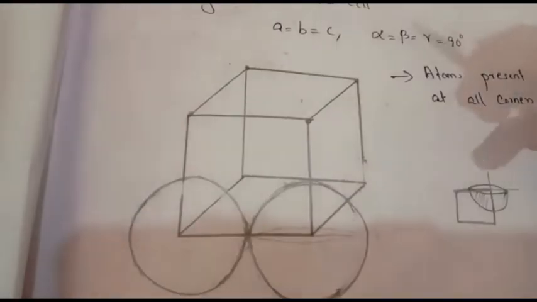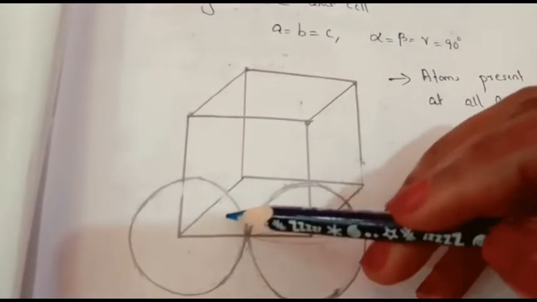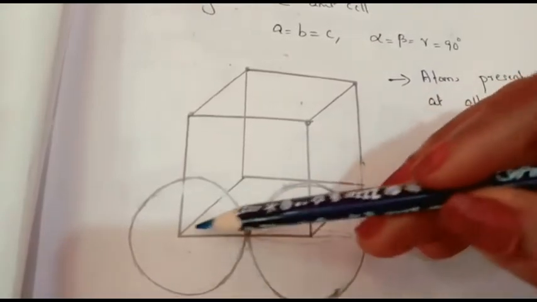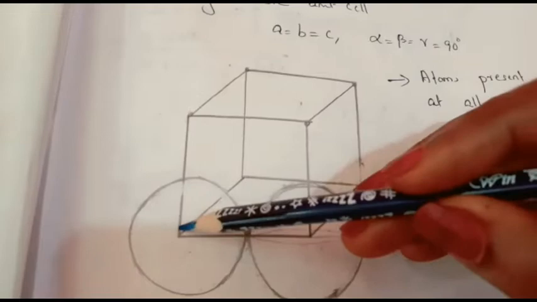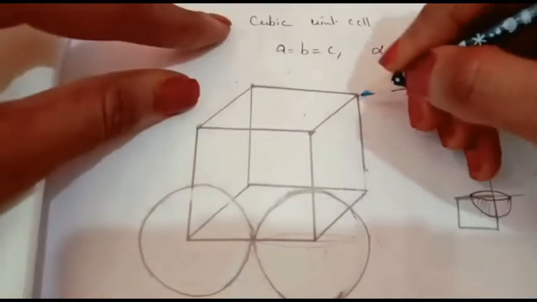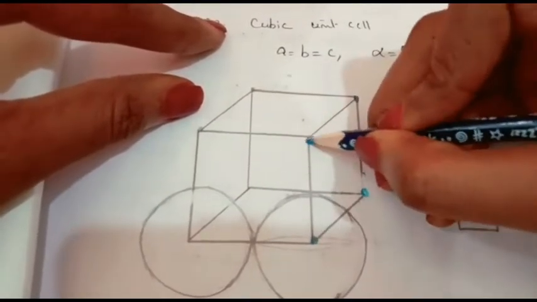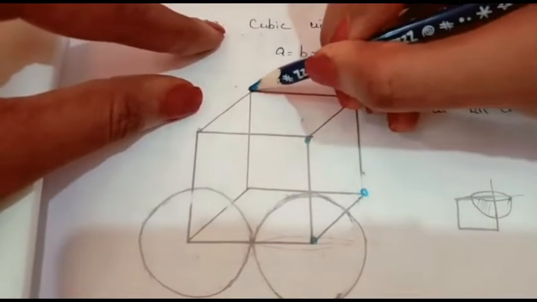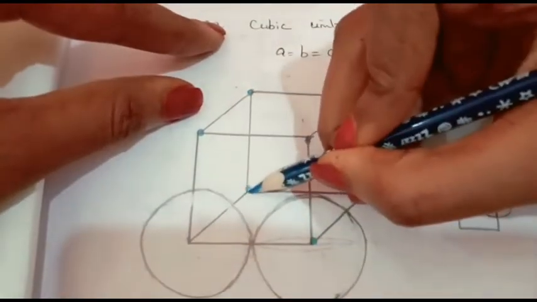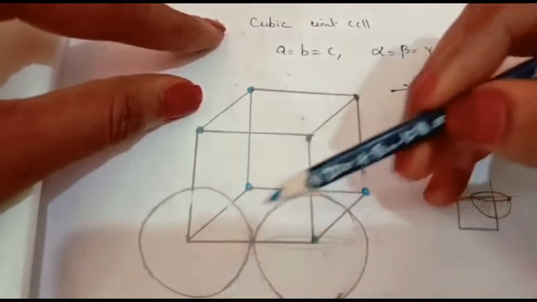So we know in a simple cube atoms are present at all the corners. This is the representation of a cube. Here this round, spherical shape is the atom. Here it is represented as two atoms, so these two corners have two atoms. Same here, a total of 8 corners are there. So atoms will be present at all the 8 corners. We know atoms are spherical in shape.